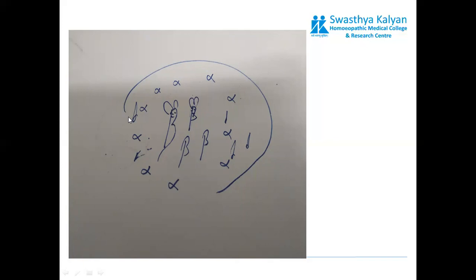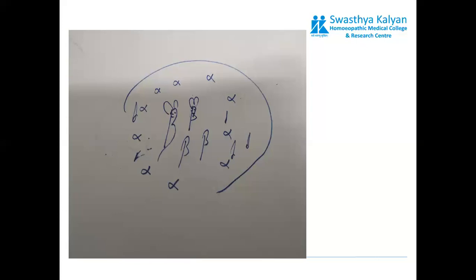इस diagram से आपको बहुत अच्छे से समझ में आएगा. Now this islet of Langerhans consists of different types of cells. ये जो islet of Langerhans है, cluster of cells, microscopic scale है, उसको हमने enlarged form में यहाँ पे draw किया है. ये है islet of Langerhans. अब इस islet of Langerhans के अंदर भी 4 तरह के सेल होते हैं. It consists of 4 different types of cells.